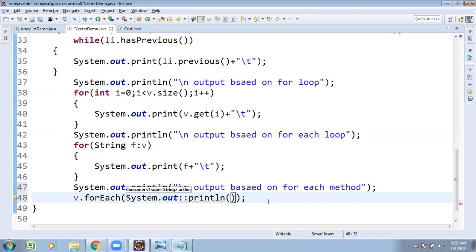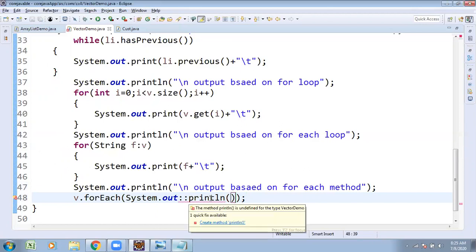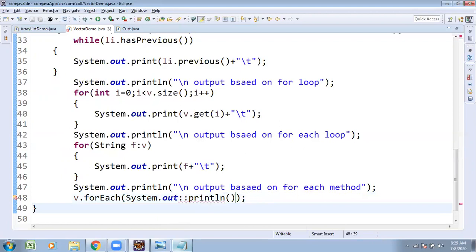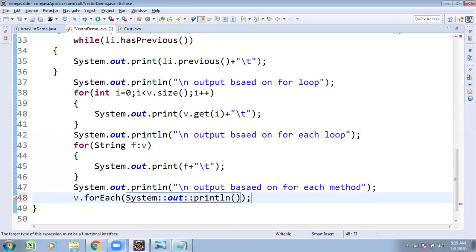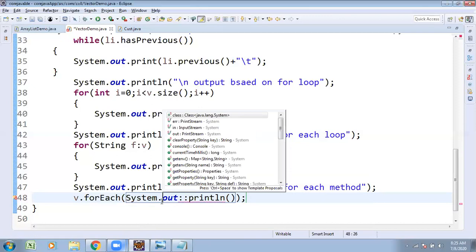We wanted to apply this: System.out::println, the println method.